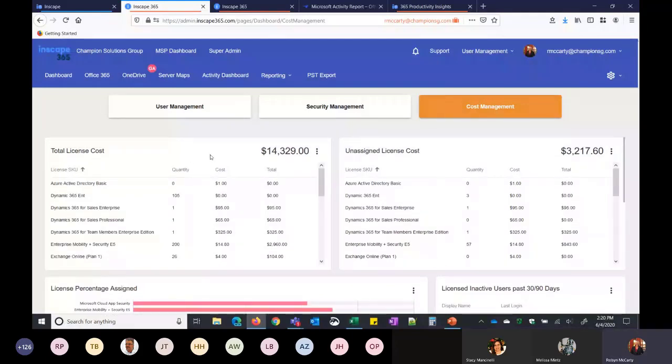And the pricing that you see here, I will say, for the community that's on the call right now, this should be all of our CSP customers, where we are your CSP provider. So you purchase through us. But this product, Inscape 365, is available for clients that are not purchasing through us. So the pricing you see here is based on a list price